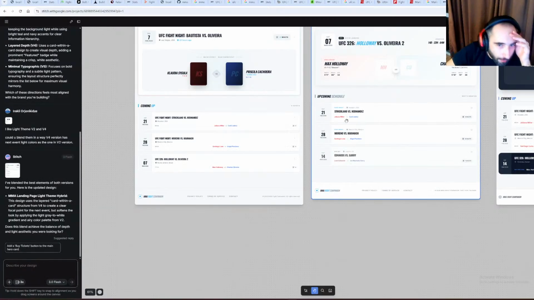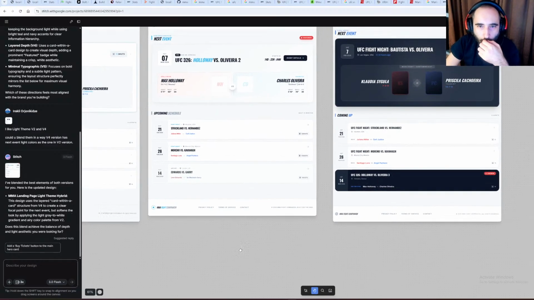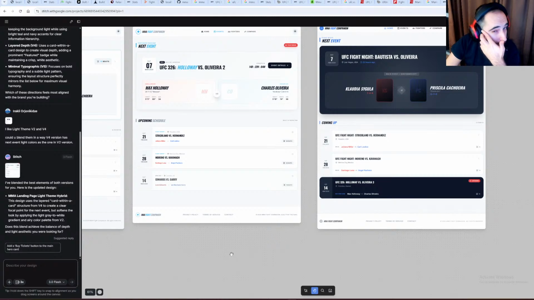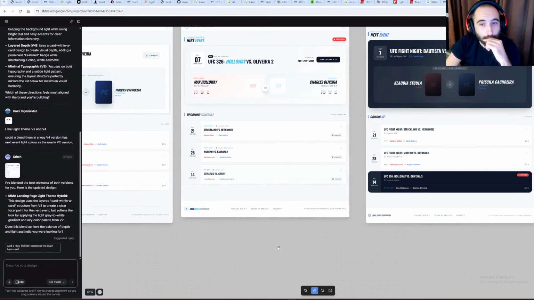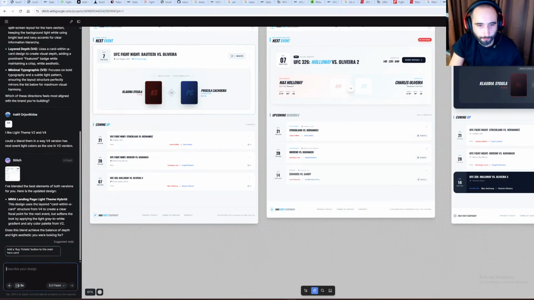Okay, so it generated and blended the best elements of both versions. Here's the updated landing page. Does this blend achieve the balance of depth? Okay, this doesn't completely achieve it. So I will ask. So let's focus again on